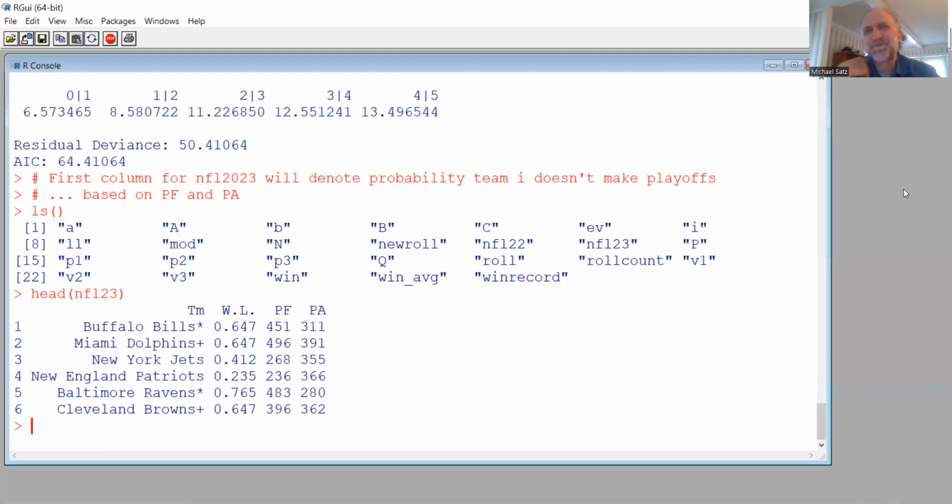In a sense, finding the probability that they didn't make the playoffs is kind of trivial. This makes me think maybe we should just start with the 14 playoff teams. You can do it either way, but I think we will do that for the homework problem. We'll just start with the set of teams that make the playoffs.